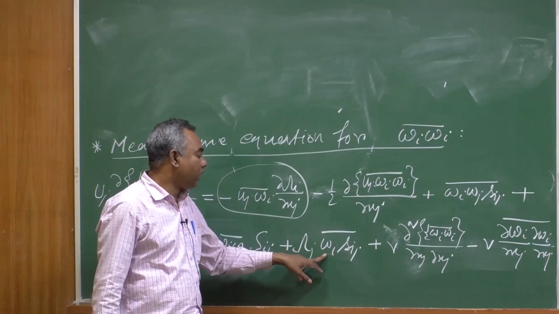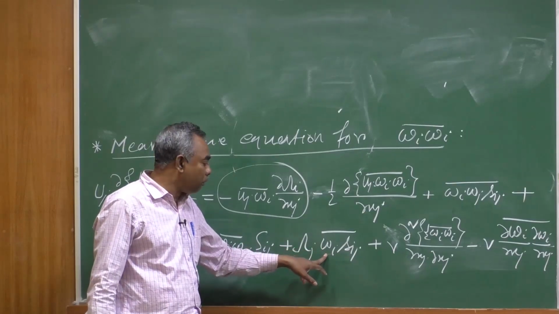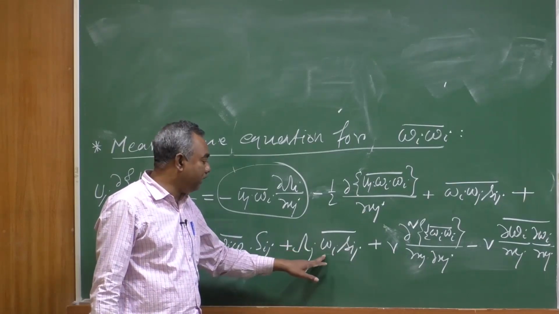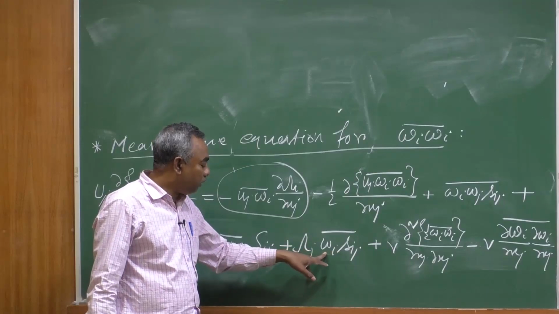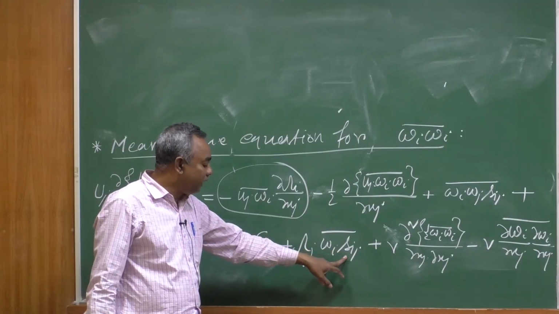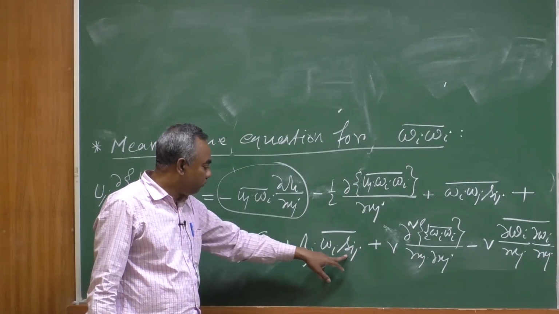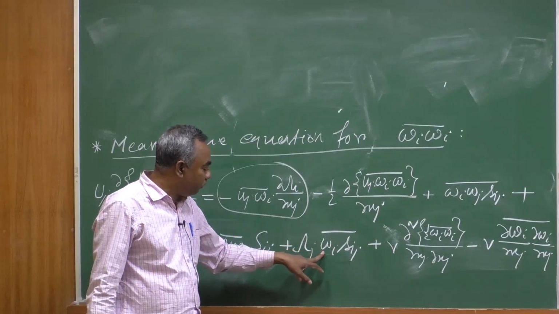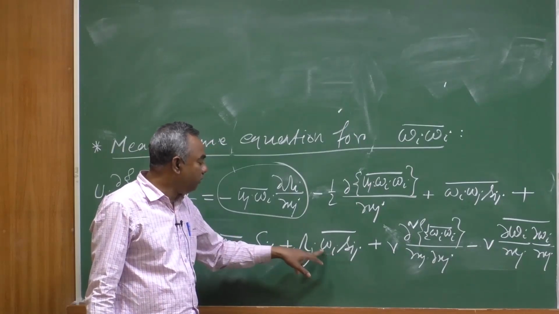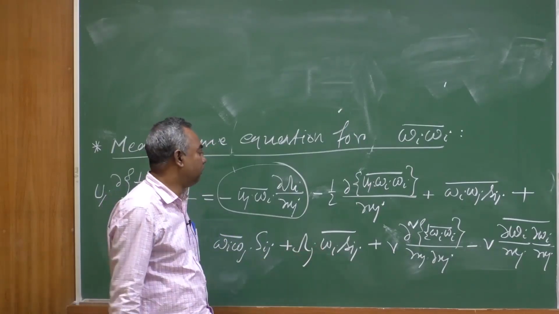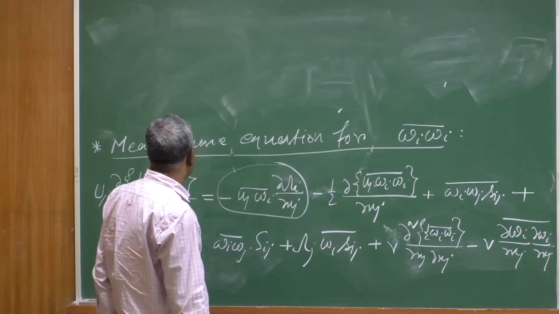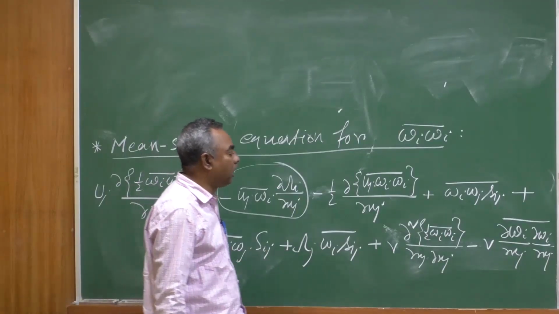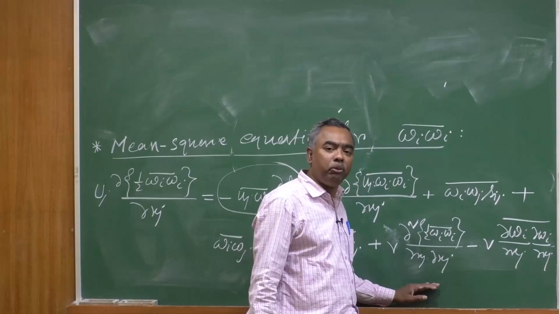in the same way the fluctuating or the turbulent entropy is also going to be produced by the interaction of this turbulent vorticity, or by the turbulent strain rate tensor, with the mean vorticity as well as the fluctuating vorticity. So, this is known as your mixed production term, as we have already mentioned, and this is the diffusion,